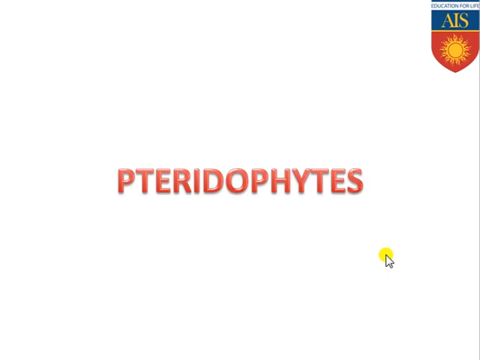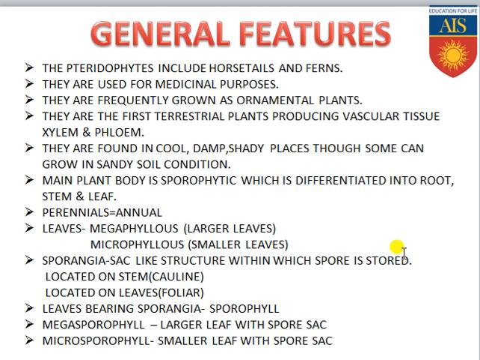So let's start the pteridophytes, that is the third category or class within the plant kingdom. First of all, we have to know about the characteristic features or general characteristics of the pteridophytes. If you look at the word, pteridos means fern, and phytes means plants. That means pteridophyte means fern-like plants. The pteridophytes include horsetails and ferns. Fern is the representative plant within these pteridophytes. Horsetail is also another representative plant category